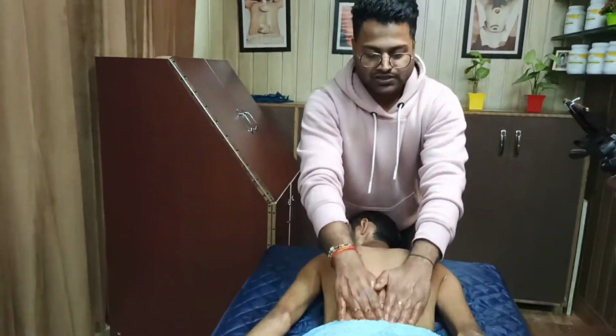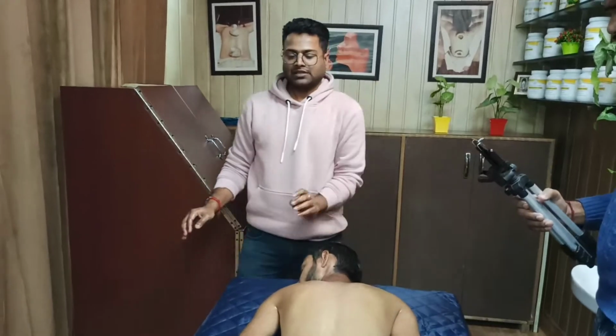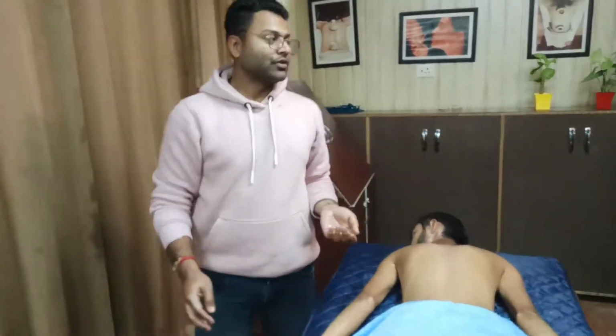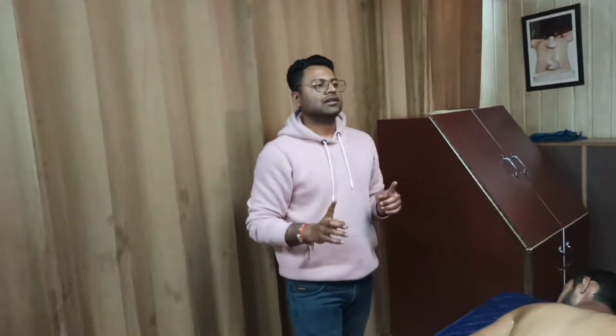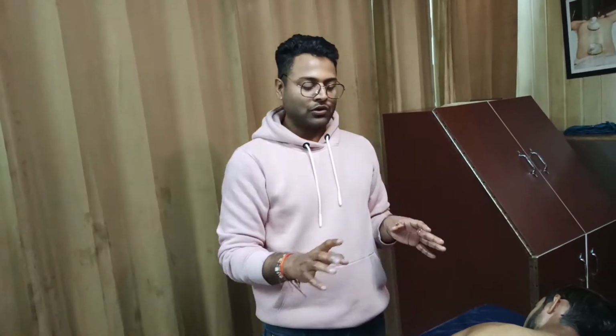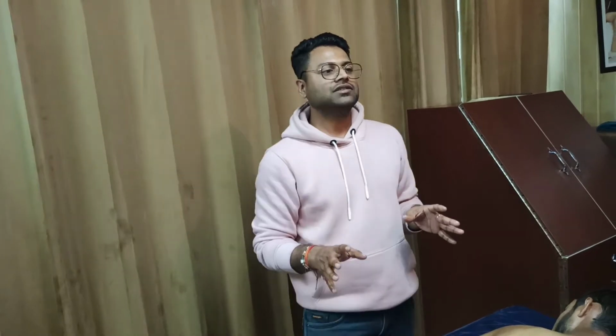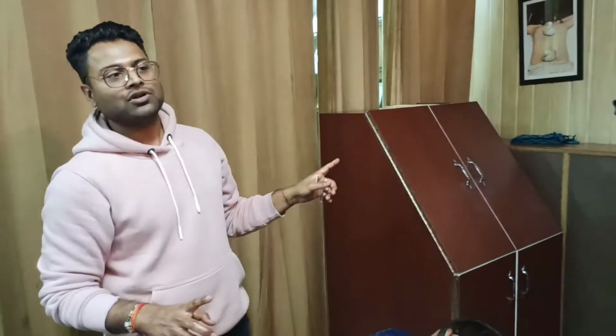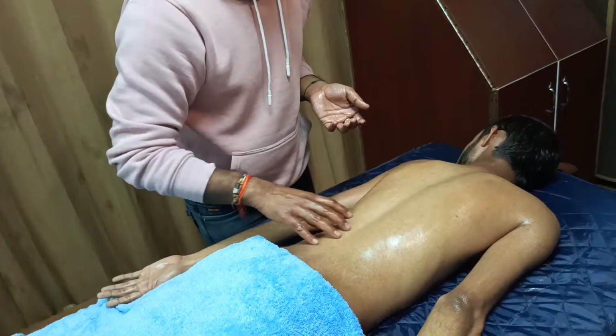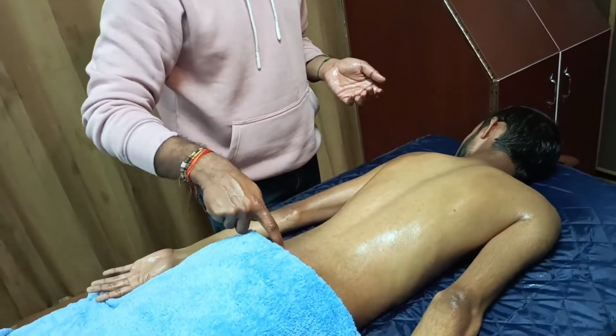In the next process, now we are going to start with Swedan. And Swedan either can be done on the whole body. If we are giving Abhyang to the whole body, then it can be done in a steam box. But now we are doing a localized one. So we are treating just this area. So we are going to give Sthanik Swedan.